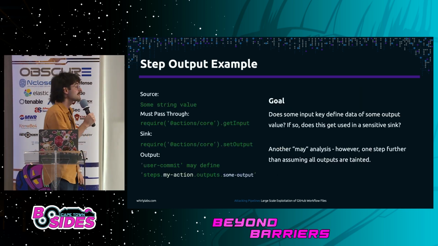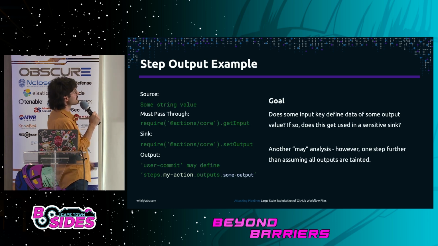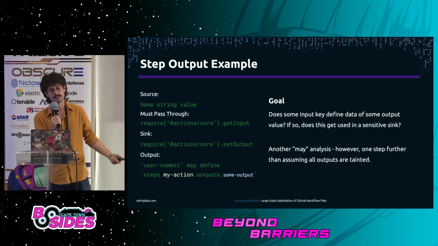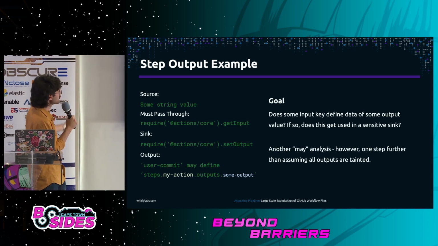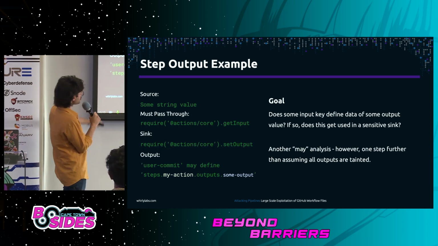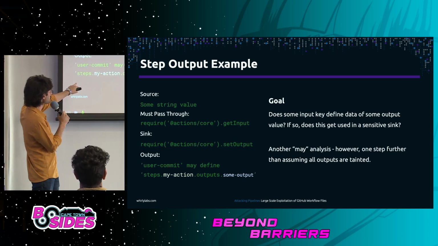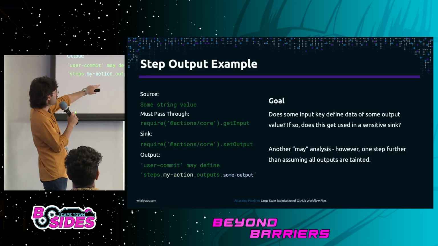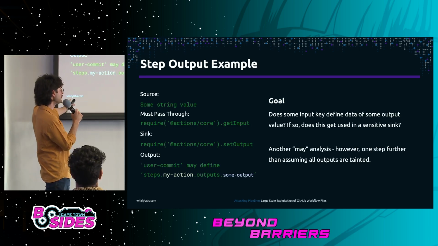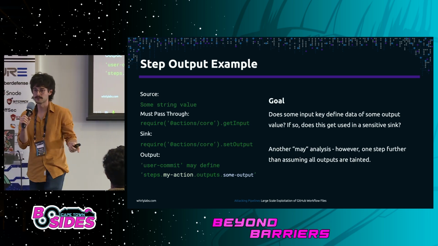Another way that the action could propagate attacker-controlled data is by sending it back into the workflow. So actions can define outputs. And another data flow analysis that we perform is to check if the sink is defining an output. The output would look something like steps, then the ID of the step, outputs, and then the output name. And if that is interpolated, that is another attacker-controlled value,